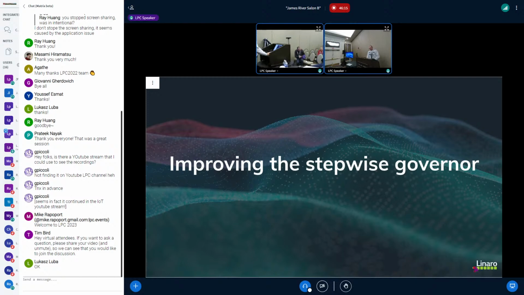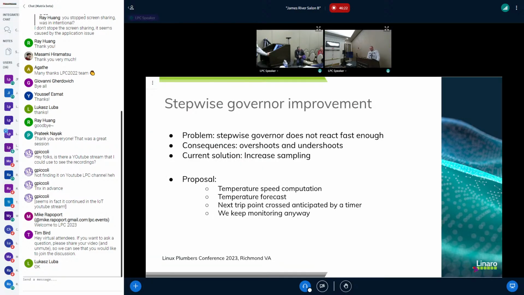So the last topic is improving the stepwise governor or creating a new governor. The problem here is that sometimes the stepwise governor does not react fast enough. The consequence is we have overshoot and undershoot. The current solution is to increase the sampling, but increasing the sampling does not help to reduce the